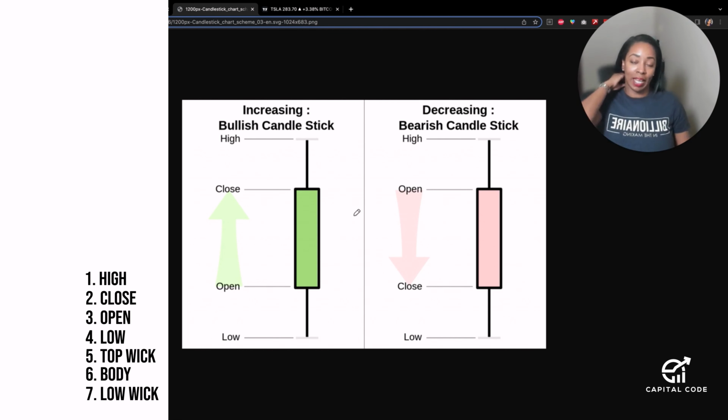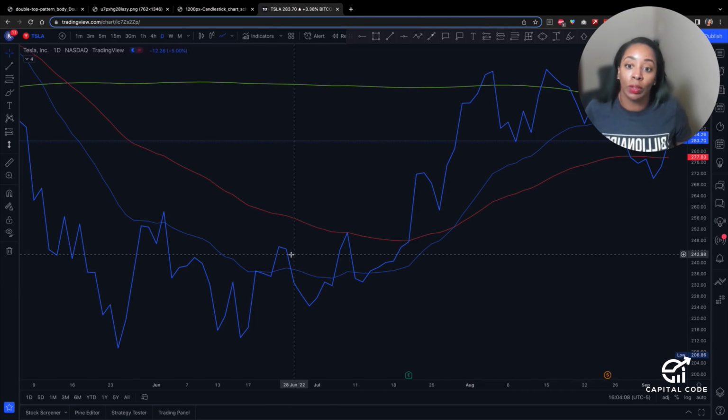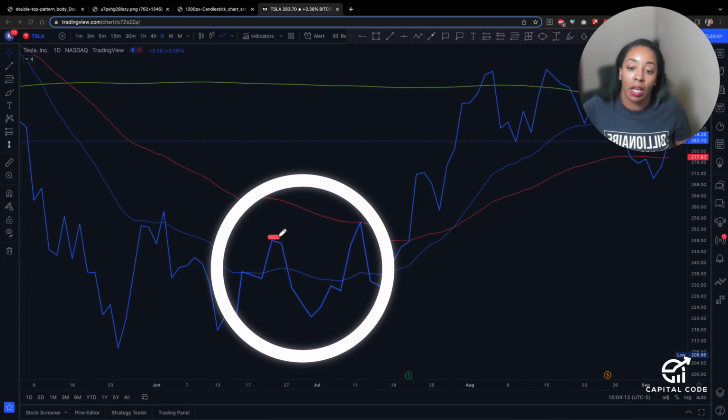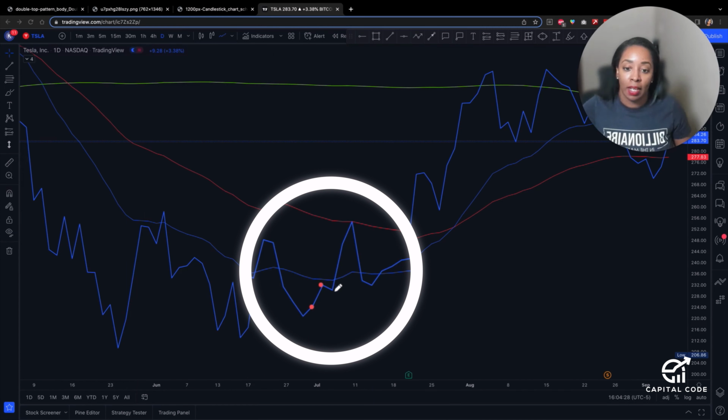So it's giving you at least 7 pieces of information versus the line, where it only gives you information about the open and the close. So each point on here represents each line from point to point. You can kind of see the points. They're not drawn out perfectly, but basically this gives you information about the open and the close of each segment